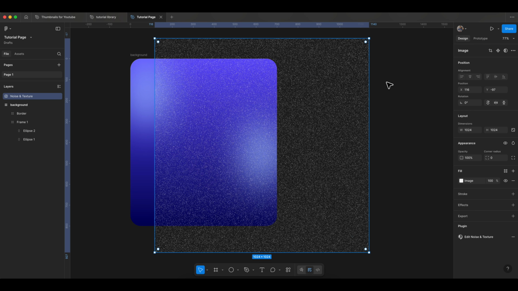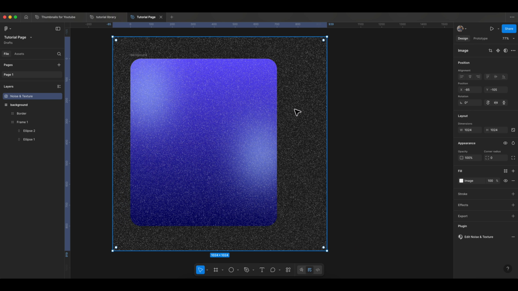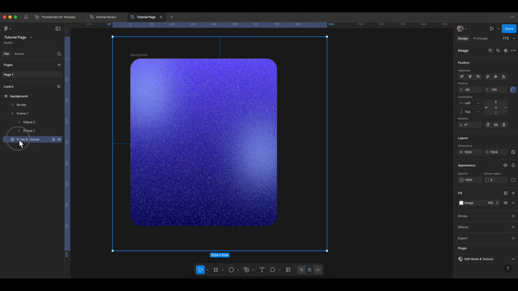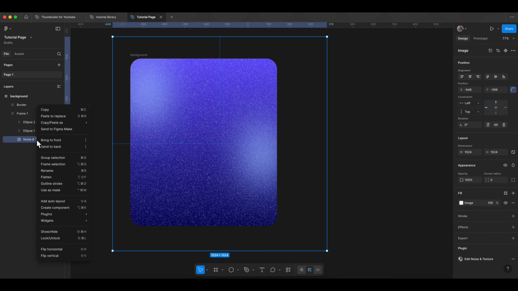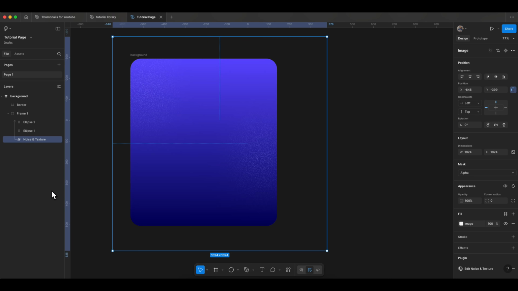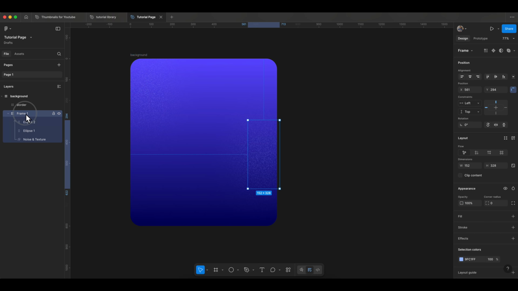Since we did not select any layer before adding it, it appeared outside the frame. So let's bring it inside the frame and keep it below the ellipses, so we can use it as a mask. Now right click and select use as mask. Fantastic, it's very good. Let's rename the layer,